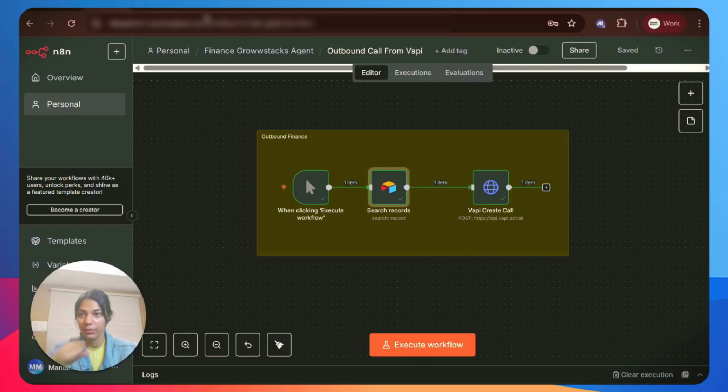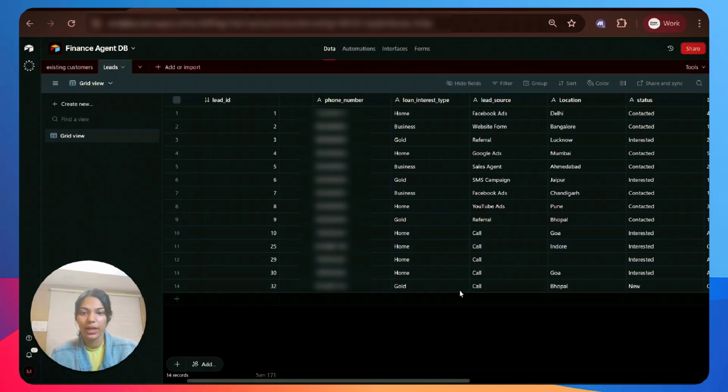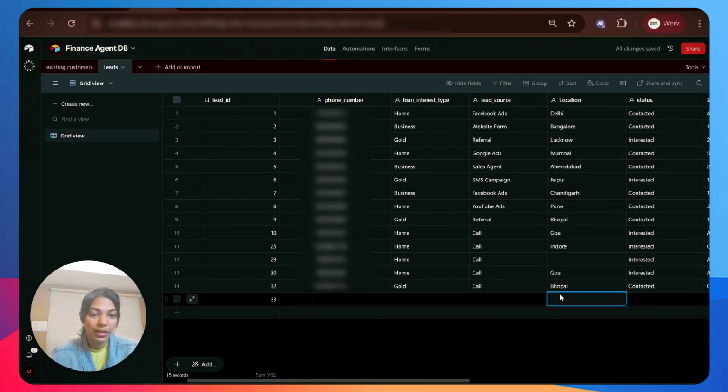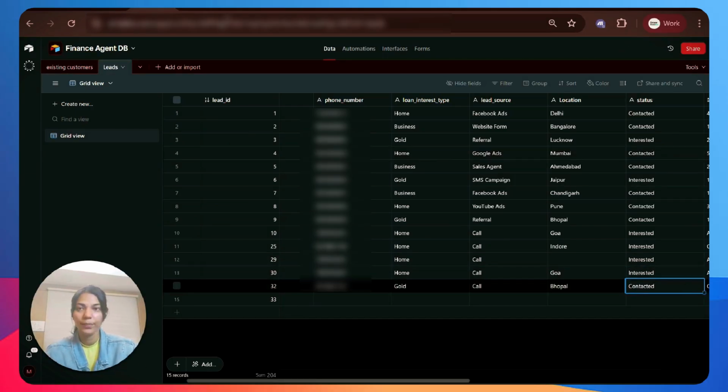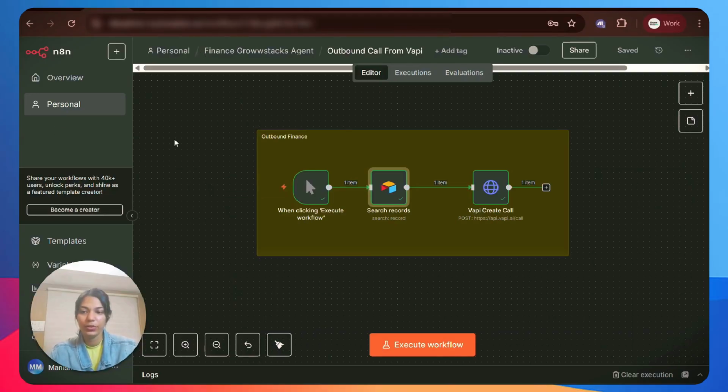So that was a quick demo of how the agent works and how it talks and behaves. This is basically the outbound call that we are creating using Vapi, to the person that we are importing as a lead. After the call, the lead will be changed. As you can see, the status in the column has been changed to contacted. Now coming back to our workflows, I'll jump on to the second workflow and show you how it works.